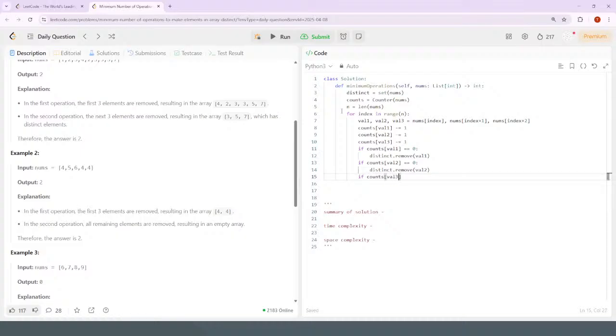Okay, so value 3 equals 0, distinct. Okay, so if they're all removed now,